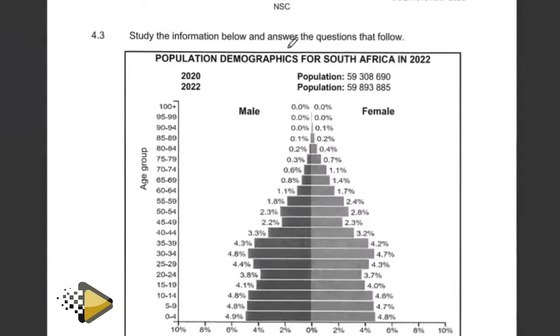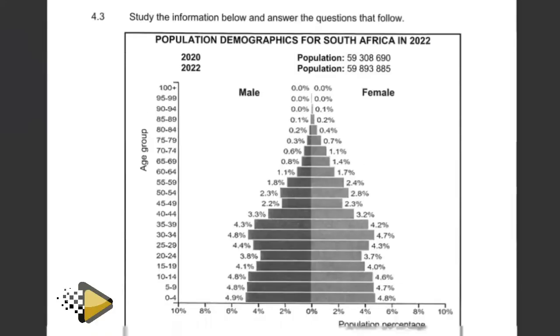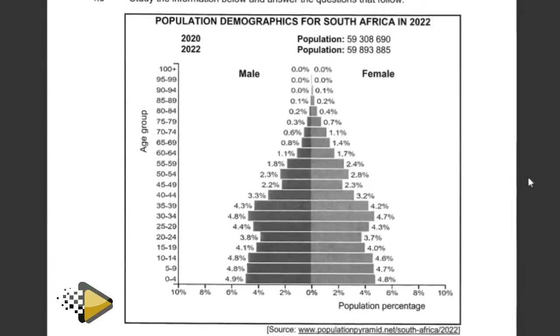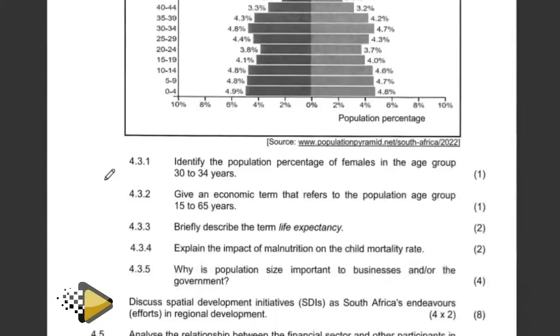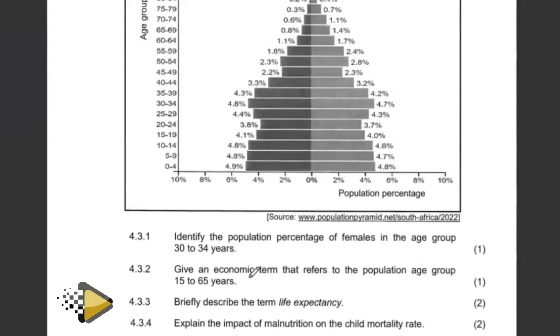Okay, right. So now let's check out 4.3. Identify the information below and answer the questions that follow. If we check here, we have the population demographics for South Africa in 2022, with the population given for the male as well as the female side. We have the age group on the y-axis and the population percentage on the x-axis. The question reads as follows: 4.3.1, identify the population percentage of females in the age group 30 to